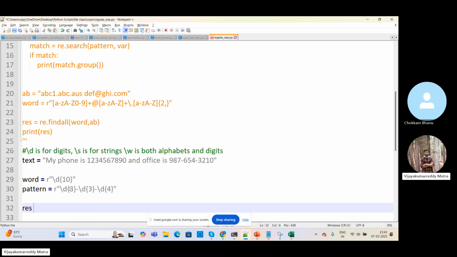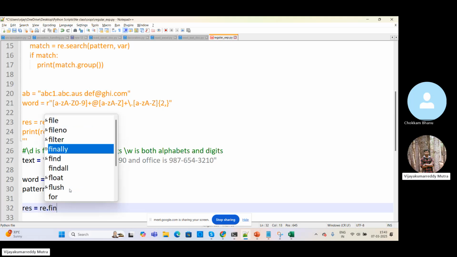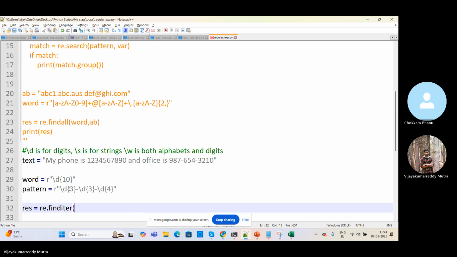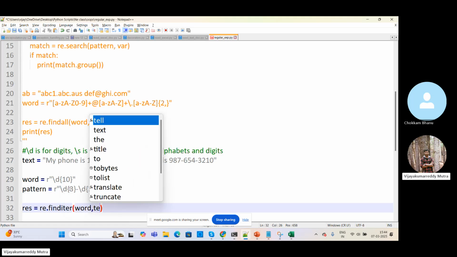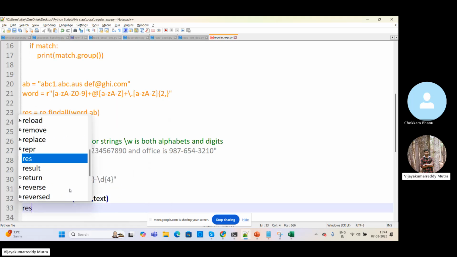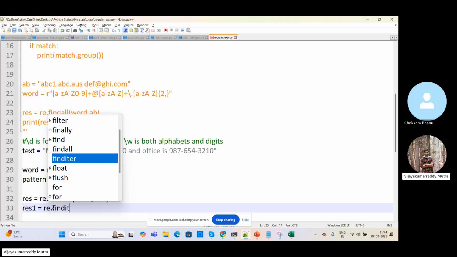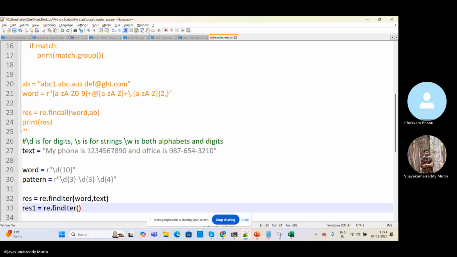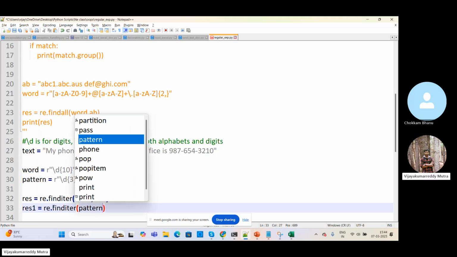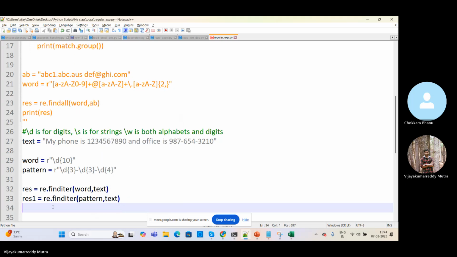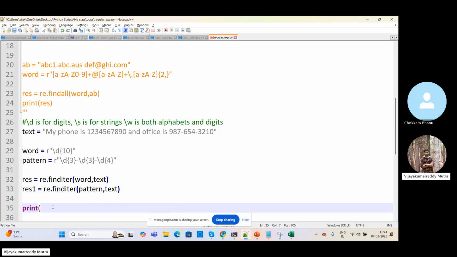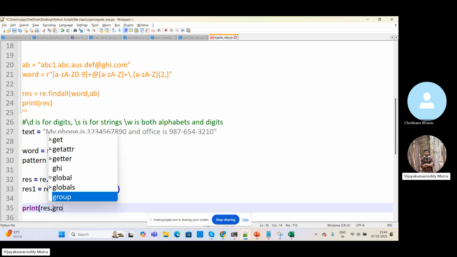Now I'm taking result equals re.finditer. First we take word and text. Let me take one more, result1 equals, because we have 2 patterns here, one is word and one is pattern, right? So I'm just taking 2 here. finditer of pattern comma text. result.group of